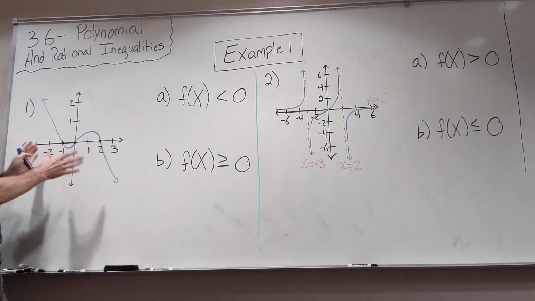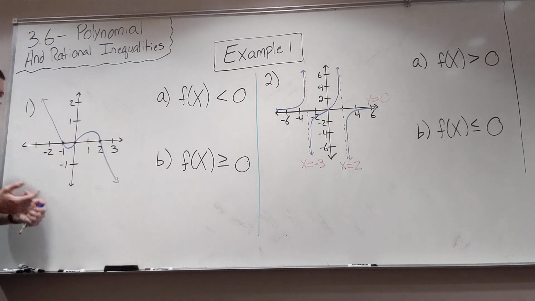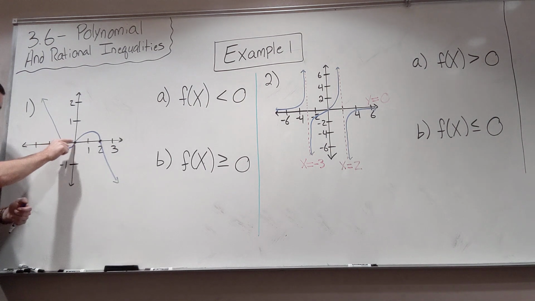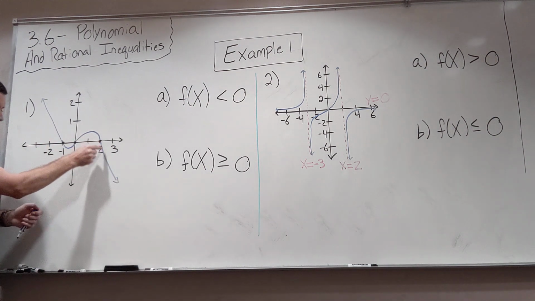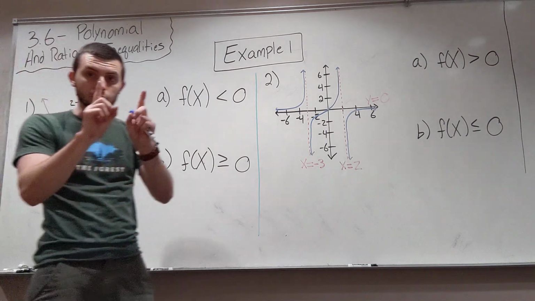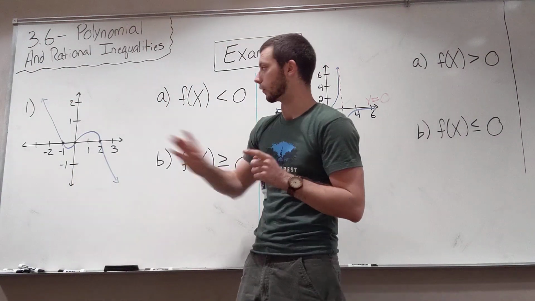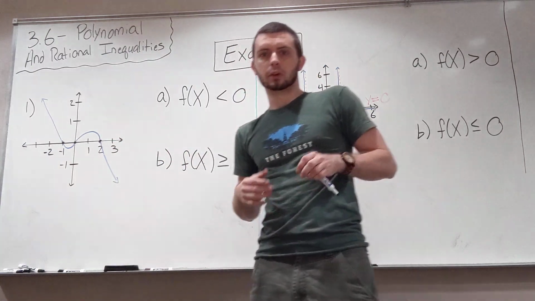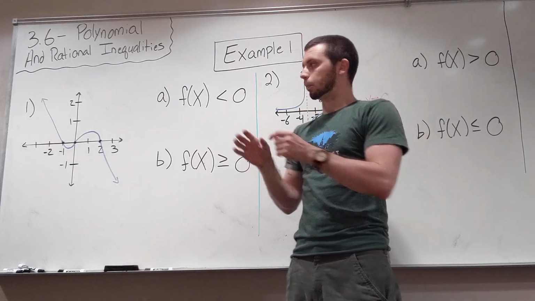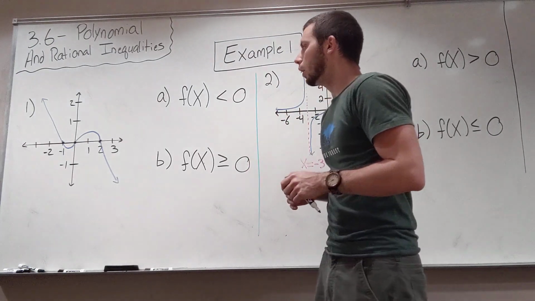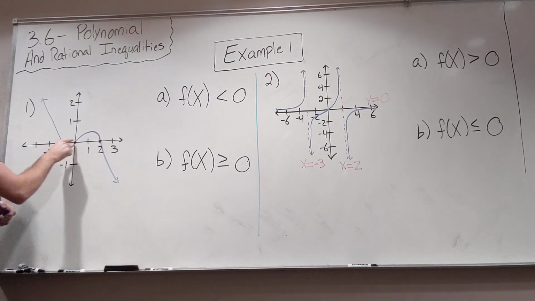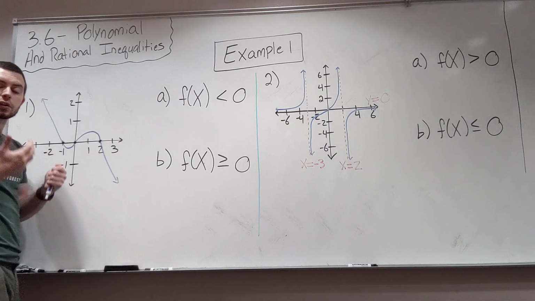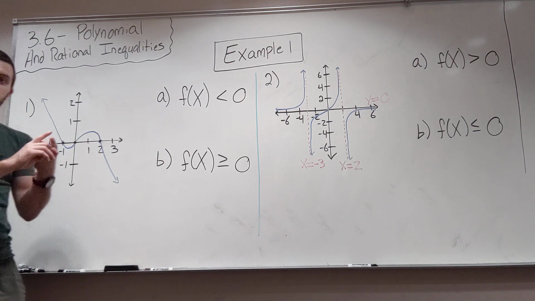And you can look at the graph and identify the parts that are in fact below the x-axis. There's this loop right here, or this hump, and there's this segment over here as well. So that's two different segments that are below the x-axis in this problem, and we need to find a way to represent them. In the statement of the problem, it says to put the answers in interval notation. So we're going to start off with this hump that I referenced earlier. Remember, with graphs, when we're identifying intervals, we use the x values,